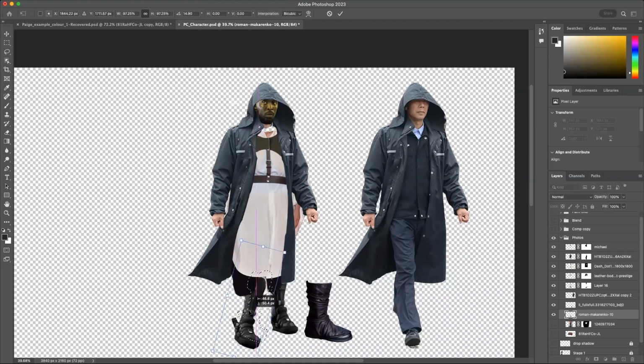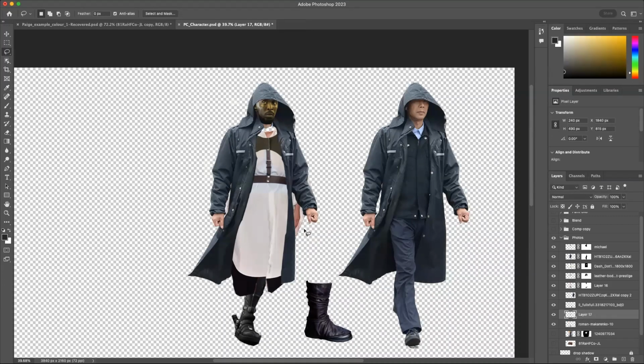Make it a little bit bigger. Grab the other one. I'm going to put this one on a different layer. So I'm going to Command X, which is cut, and then paste it. And now I've got a single boot, which I can put behind the other boot and angle it